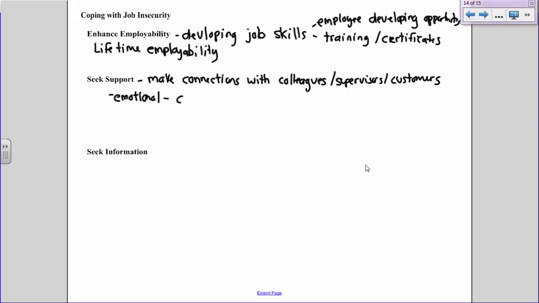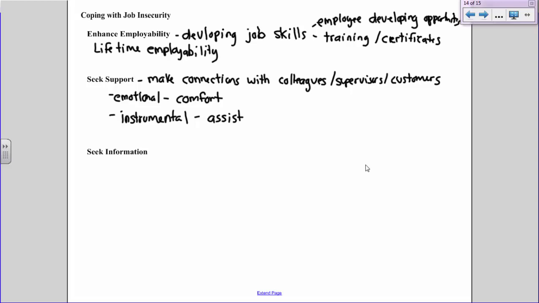So support at work can either be emotional, so providing comfort and commiseration, so being able to vent to a trusted colleague or to talk to your supervisor about what's going on so they can help you deal with it. Also instrumental, which is actions that can actually assist you. So maybe mentoring at your current job, like having somebody who's going to provide you with those career development opportunities,